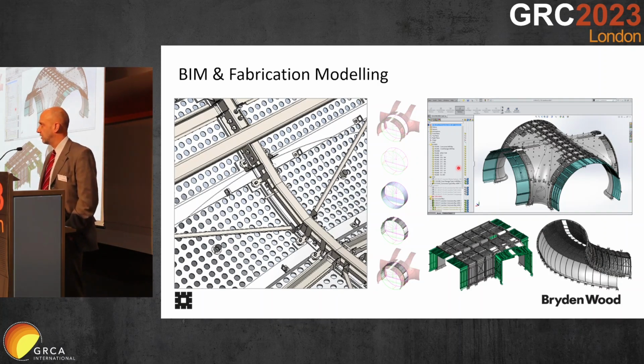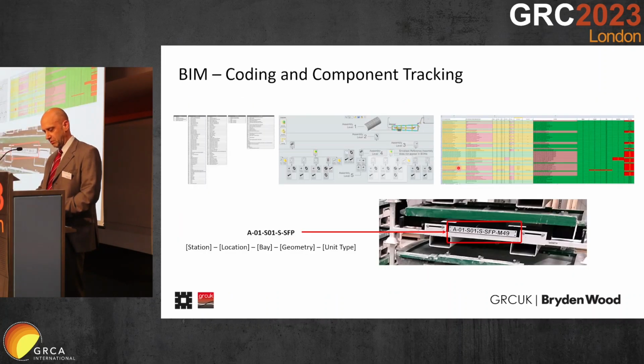And then we had a team that went up to 30 people at the peak of the project, and most of the work was actually not the engineering and the coordination and the acoustics, etc., but really to model everything. So we modeled this all, and this again looks like a boring slide,